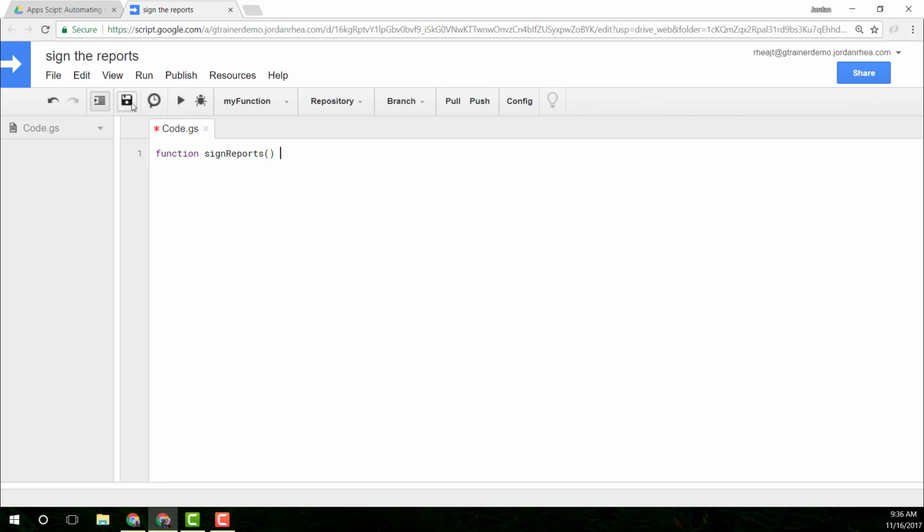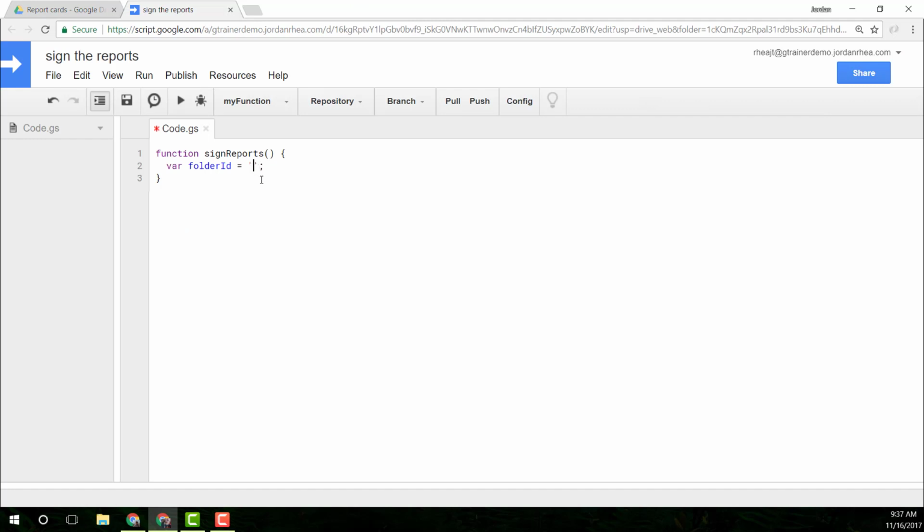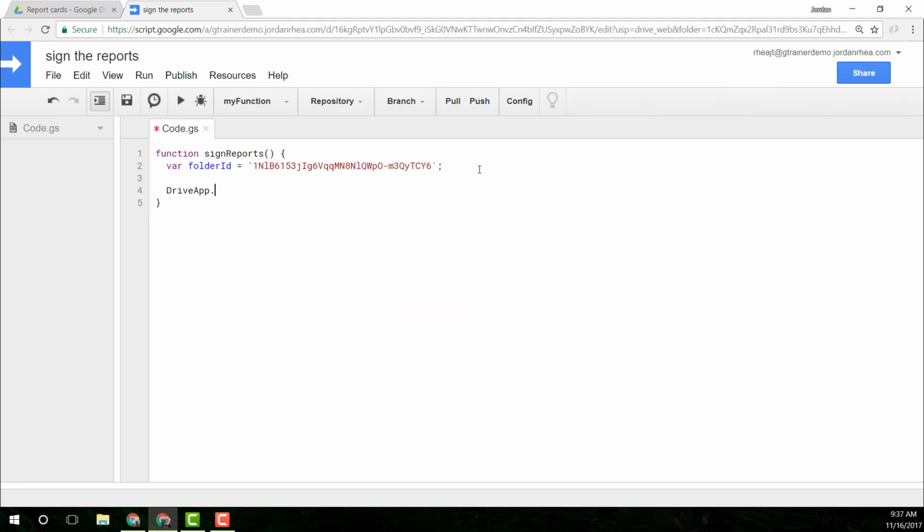let's just call the function sign reports. Doesn't take any parameters. First thing we got to do is get that folder with all the reports. So just call this folder ID. And let me get that folder ID. There we go. All right, so we've got a folder ID. What do we got to do here? Drive app. We got to open the folder. Drive app. Sorry, get folder by ID, and then we'll put that folder ID in there, and we'll call this